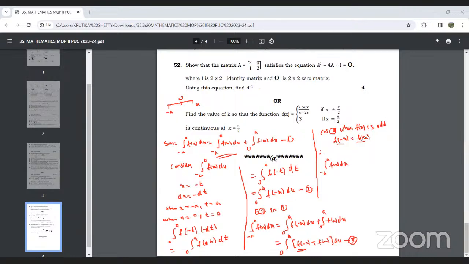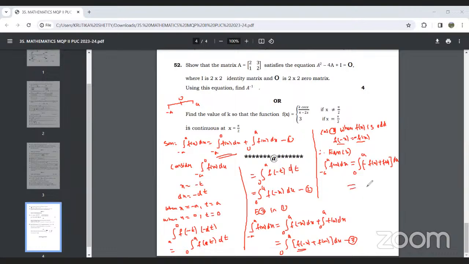Odd. So when f of x is odd, f of minus x will be minus f of x. So again from equation 3, this will get reduced into 0 to a. f of minus x is minus f of x, so in place of f of minus x, we will write minus f of x and then again plus f of x dx. So plus f of x minus f of x will cancel,